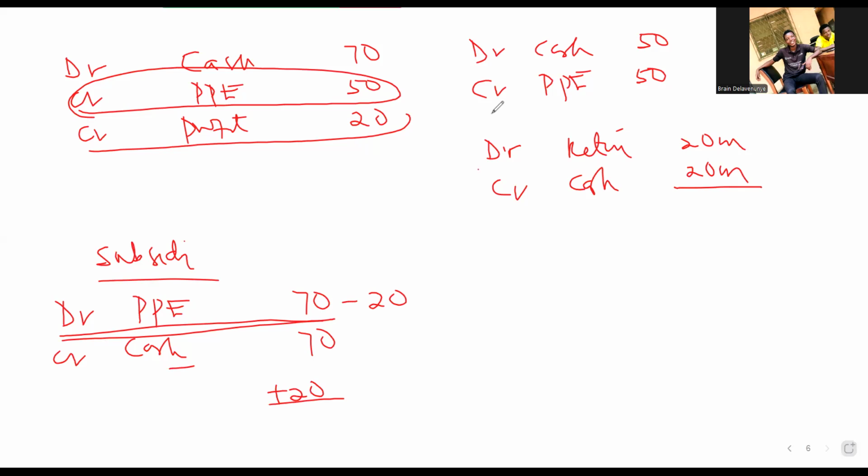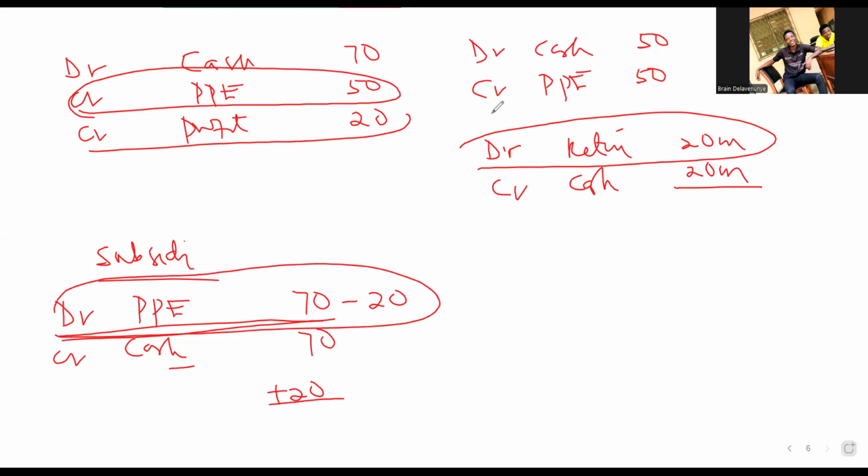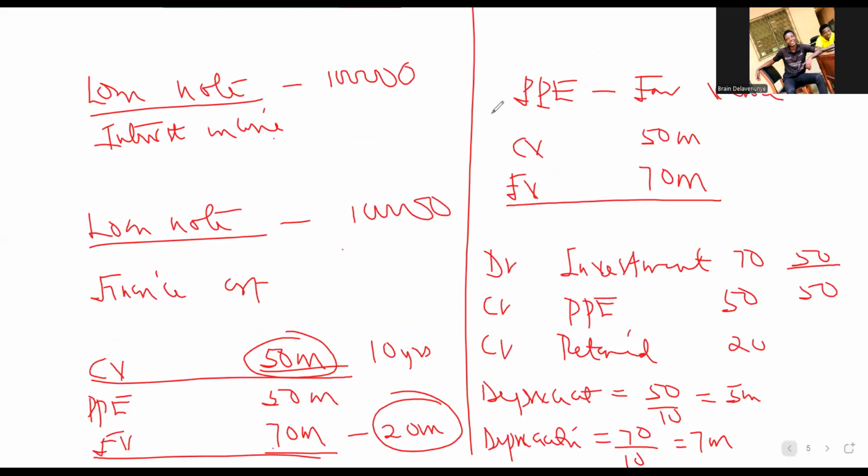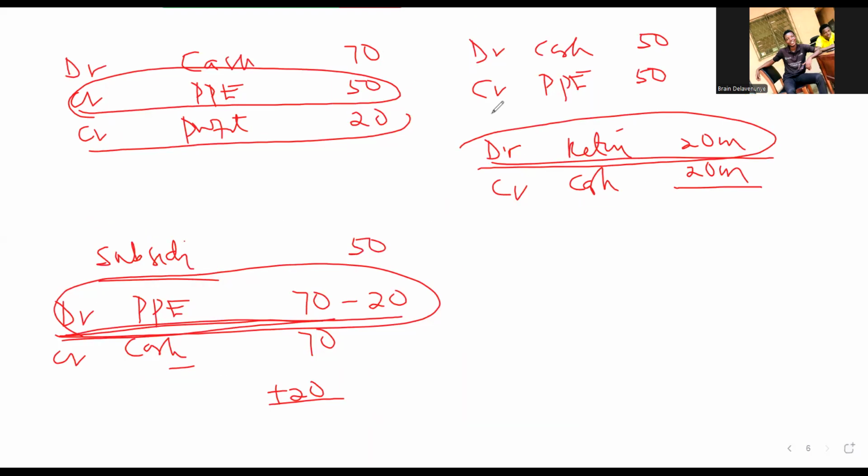We pay attention to only the retained earnings and the excess amount on the assets. So you remove the retained earnings of 20 million, which is the profit on the sale. Then you bring the asset back to the carrying value of 50 million. If you should be using 50 million, the depreciation should have been 5 million. So the asset should have been at 45. But since they are using 70 million, they subtracted 7 million. So they are having 63.